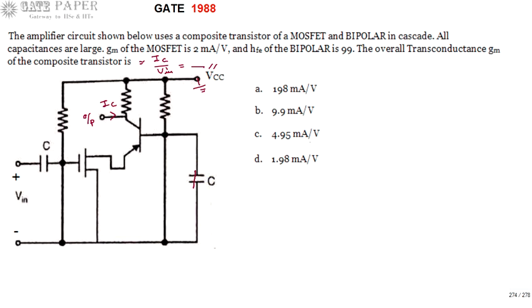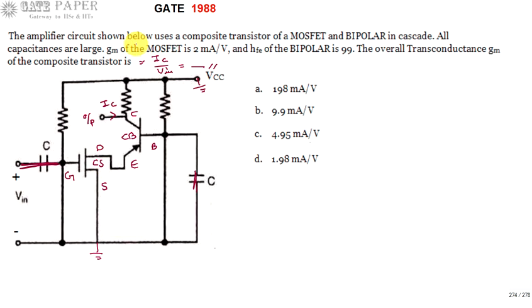Capacitors are going to act as short circuits, and this is the ground level. Now, this is the MOSFET, so it has a gate and a source, and this is the drain. For the BJT, the arrow always implies the emitter, the opposite is the collector, and this side is the base. Since the base is going to be grounded, this configuration is treated as common base, and this configuration is called a common source amplifier. So this is a composite transistor consisting of a common source amplifier and a common base amplifier.